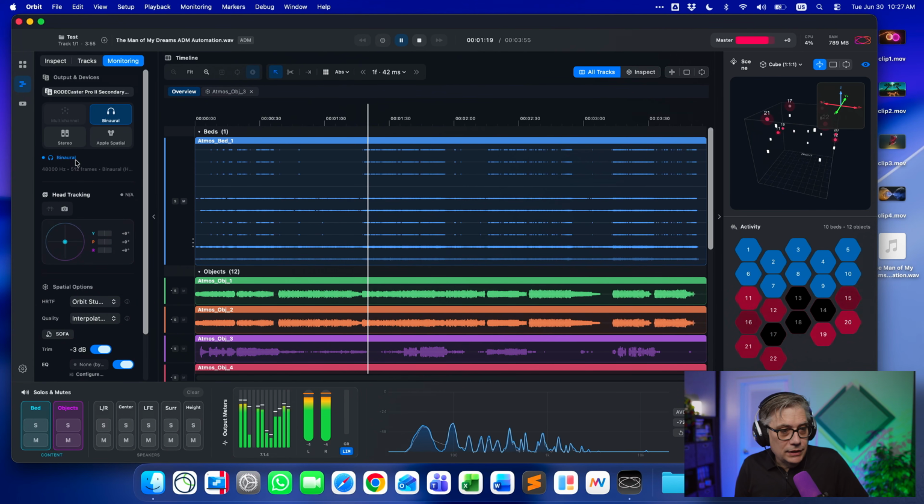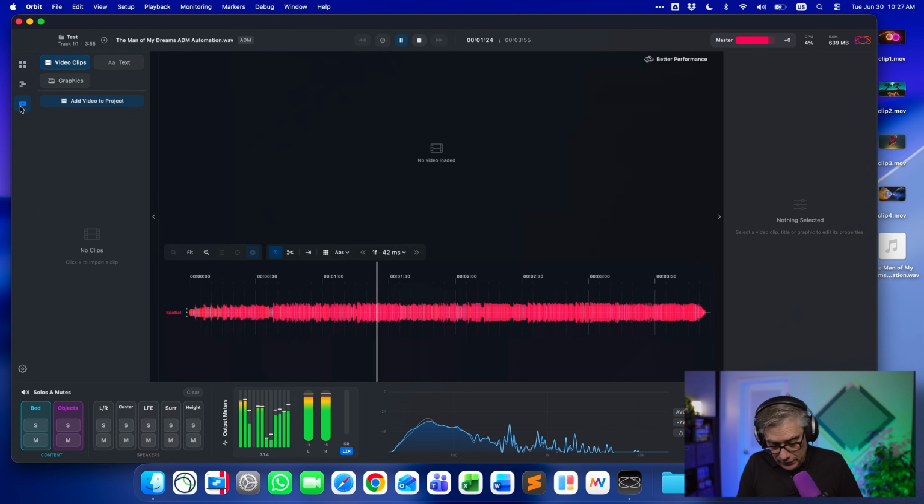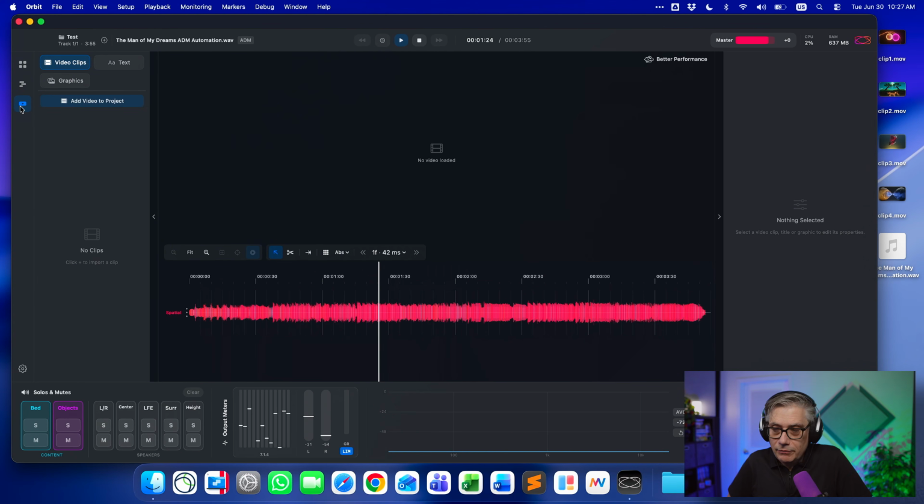What I'm really interested in today is mainly the video editing section, because that is something that's completely new, and I'm astonished that they were able to make that so quickly. Given how young this software is, the speed with which this developer is developing is quite amazing, and we will see that we already have a fairly sophisticated video editor at our disposal that allows us to create Dolby Atmos or Eclipse Audio videos very, very easily.